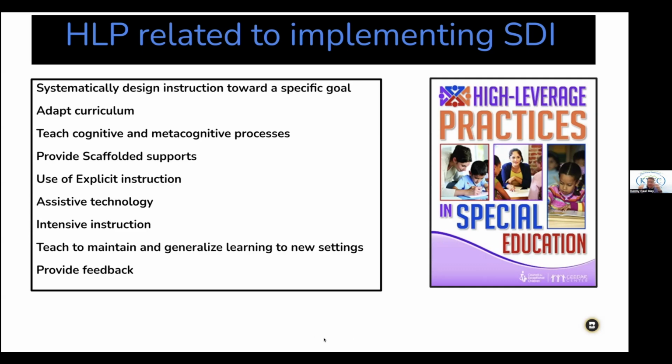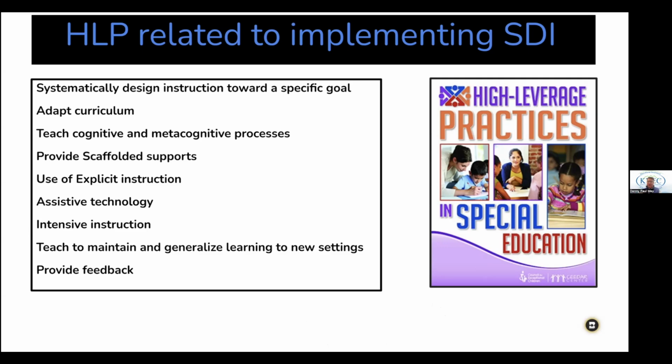When we provide scaffolds, I think about my own learning as an adult. When I've got a model to go by, when I've got an example and a non-example, when I have the ability to access scaffolds, I do much better. When I can have an example to show me, hey, this is kind of what it's supposed to look like. And so we need to be looking for that in our instruction.